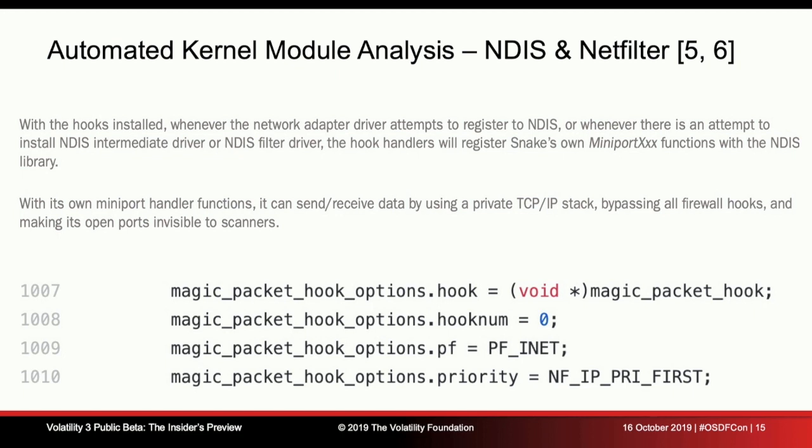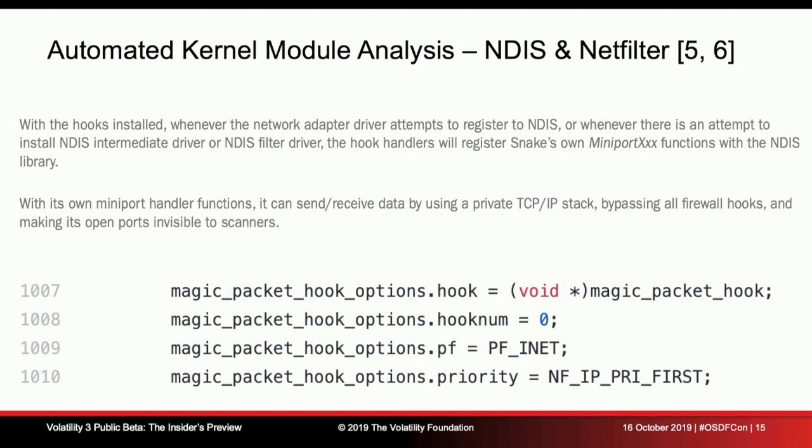So starting with Volatility 3, like what Eiklo said with the translation layers and so on, you have this ability to take in the data types and the symbol tables of arbitrary modules. When we look at the network stacks of Linux, Mac, and Windows, those are implemented in third-party kernel drivers. We didn't have a great ability to look at those inside of Volatility 2, but now this is something we can just do by default in Volatility 3.